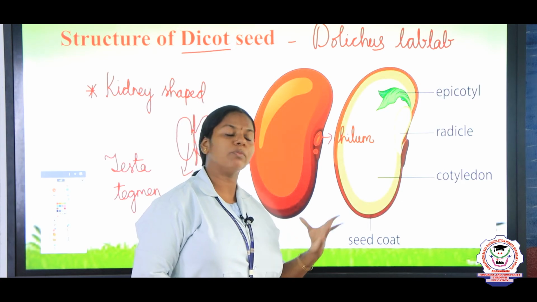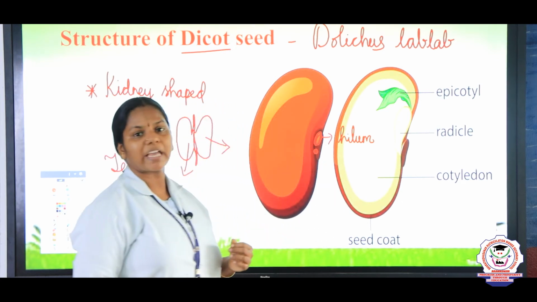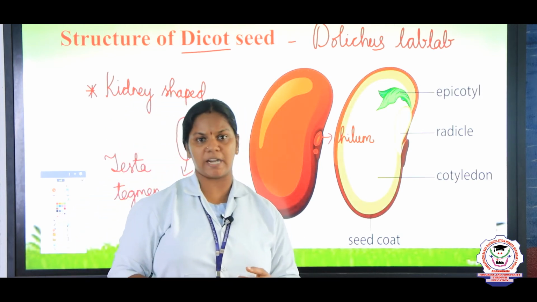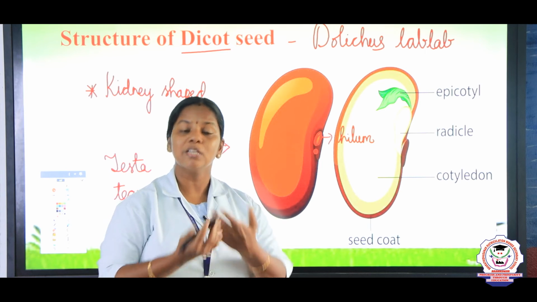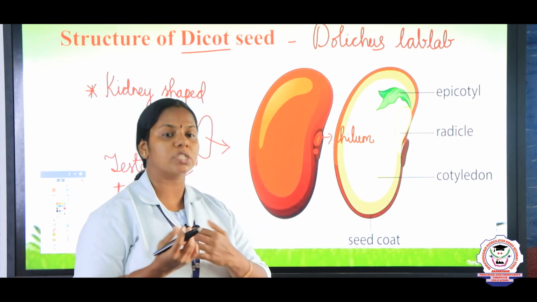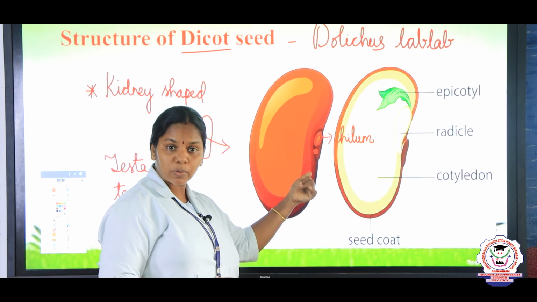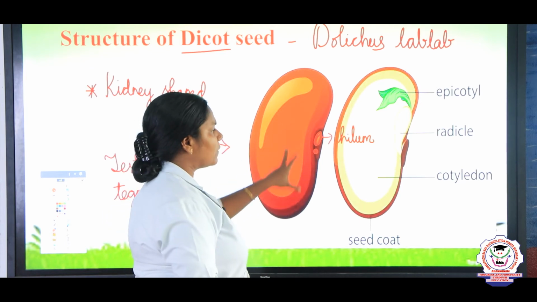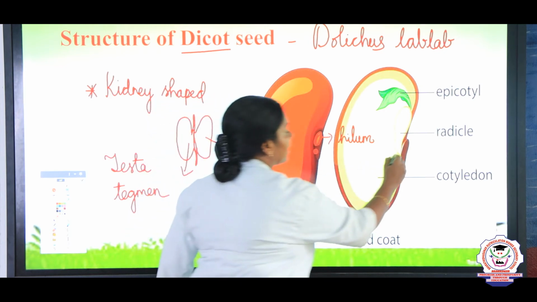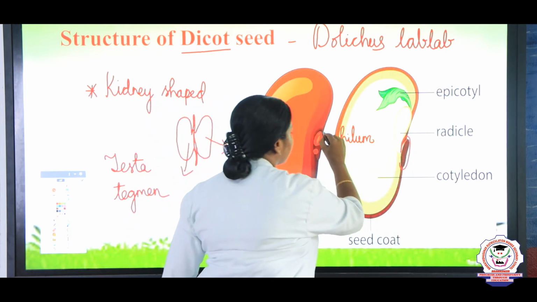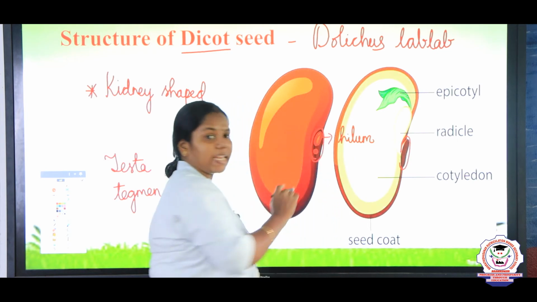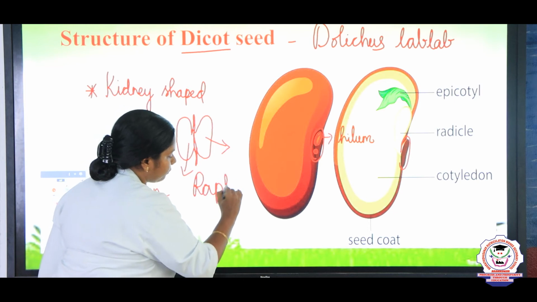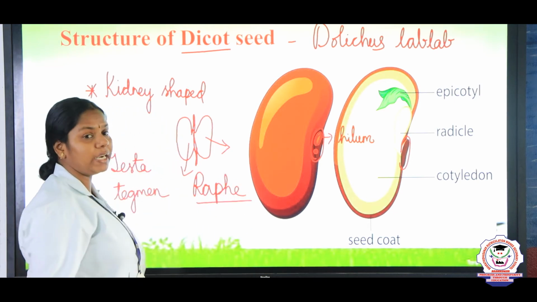And one more important function of this micropyle is the diffusion of gases. It is respiratory in function. The seeds need to germinate, right? So they need some gases, and that movement is possible only through this micropyle. And surrounding the hilum and the micropyle, there is a ridge-like structure, right? That structure we call the raphe. What do we say? Raphe. Just underline it in your book, children, raphe.